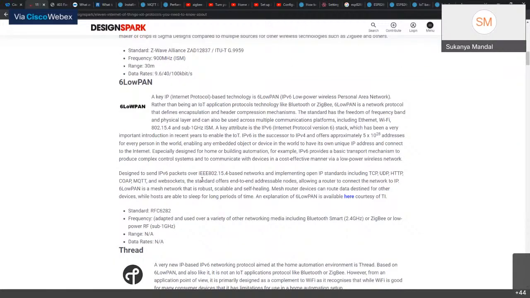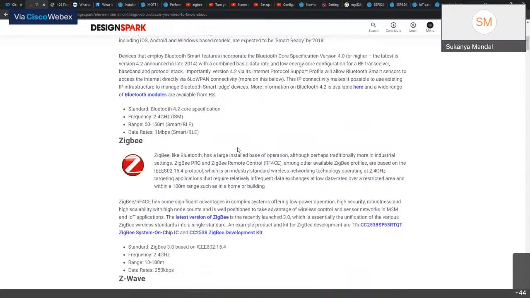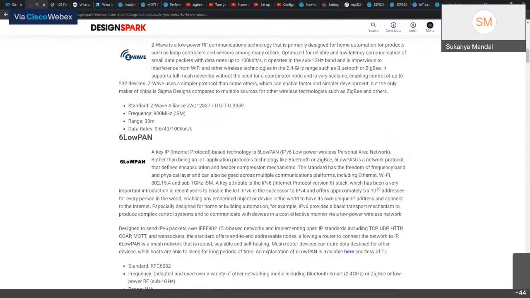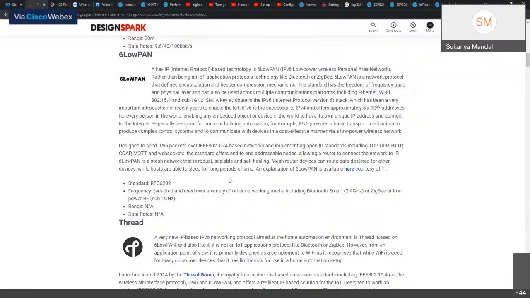Then there's something called 6-low-PAN. So what happens here is, as we said while covering Bluetooth, we covered that very briefly, but here a little bit elaborate.